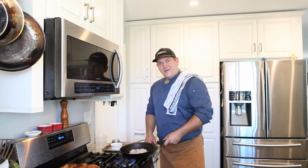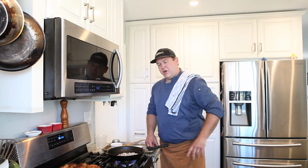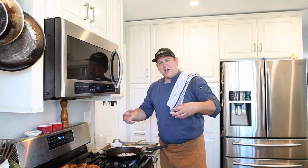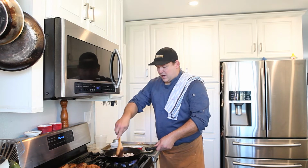Okay, here we are. At the stove, we're going to be doing our little cherry lambic glaze. Little shallots in the pan right now. A little bit of olive oil. We're going to get that caramelizing really nice. Then we're going to add our...